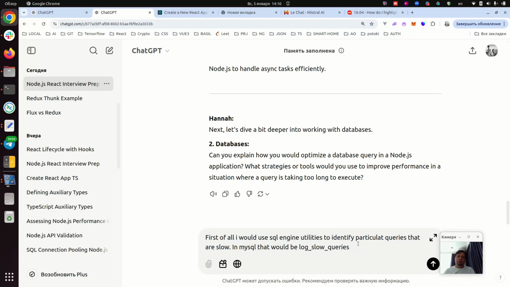And I did some research, refreshing my memory of Node.js and React, because I haven't used React for several years now. I've been using Vue mostly, so I thought I knew React well, but when I came to these questions, it was kind of funny because every simple question I don't remember. So yeah,